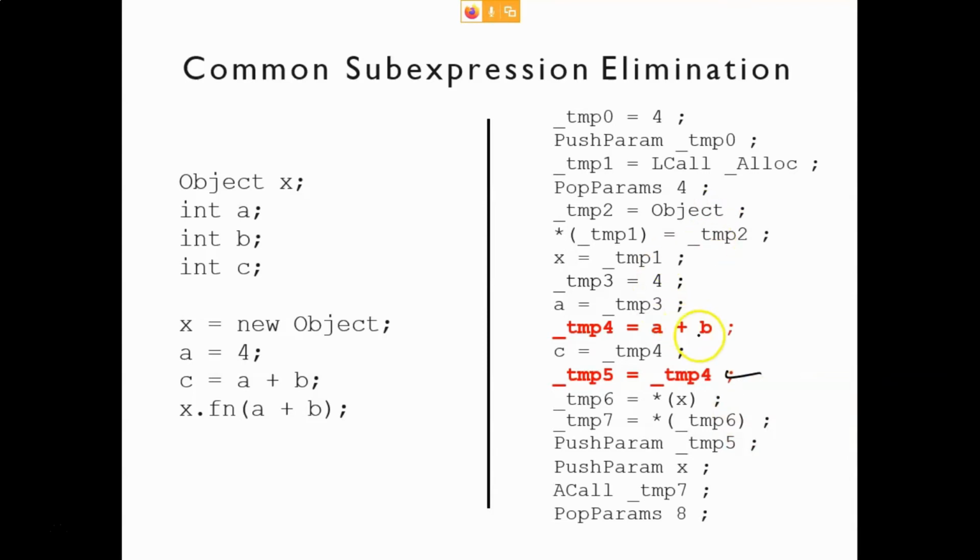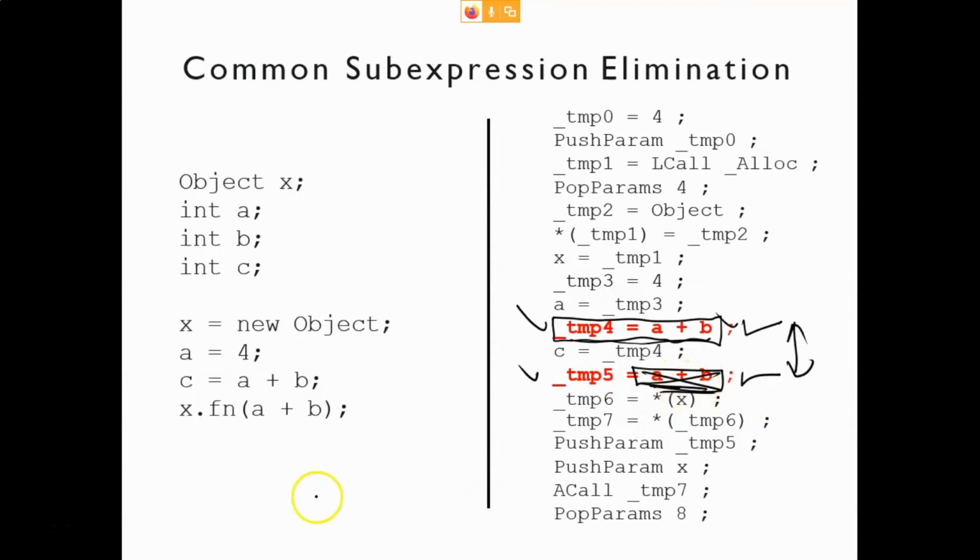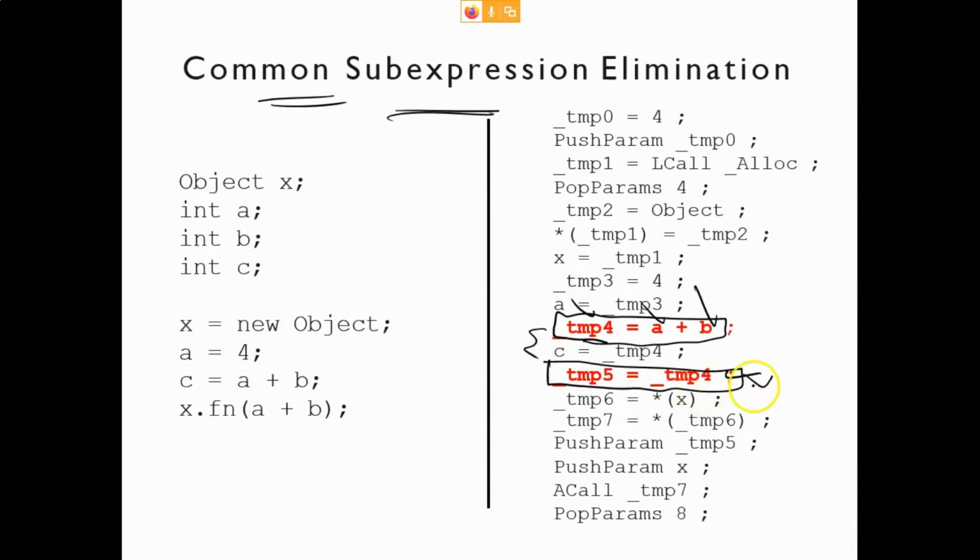But remember, the point is basically that this is your statement, and after this statement and before this statement, you can see in between you are not changing, you are not assigning, you are not defining A, B and T4. You are not assigning them, you are not defining them, you are not changing them. So that's why you can do this common sub expression elimination, because still this A plus B will have the same value which is already in the T4, which you have already computed, and you have stored it into T4, so you can reuse it. So you can just directly replace it with T4. This is how you can do common sub expression elimination.